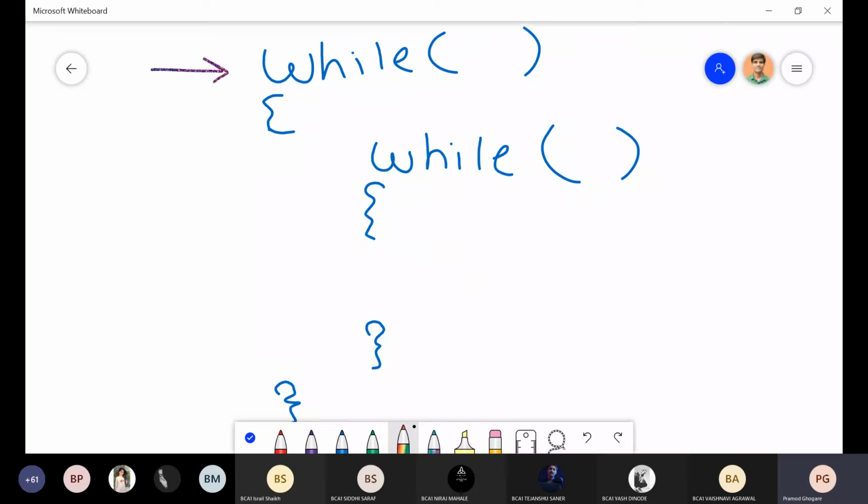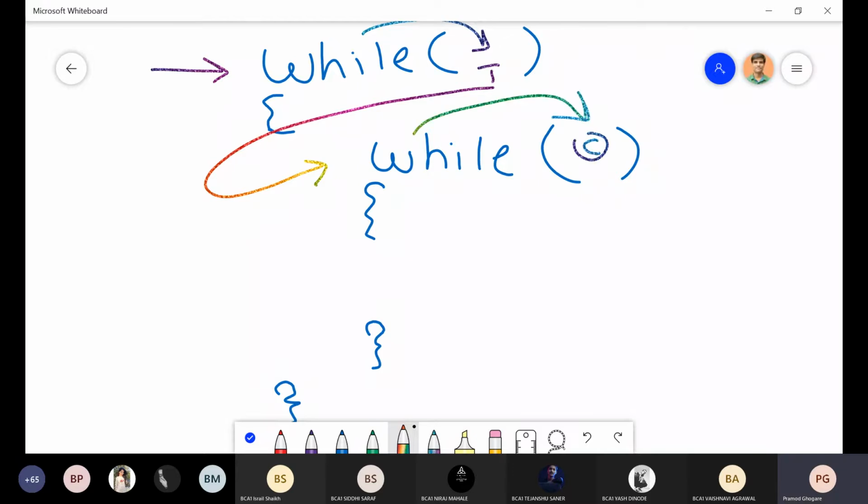This is a for loop, okay, and this will work as one of the statements in this for loop. Even though it is a for loop, it will work as a statement. So that is the important part. Now how is it going to execute? This is a while loop. Suppose the condition is true, so it will enter into this while loop. Once again we get a while loop, so it will go to check the condition. If the condition is true, then it will enter into this particular while loop.